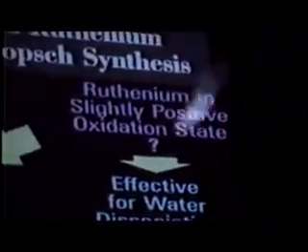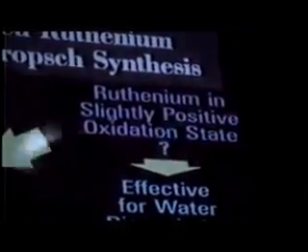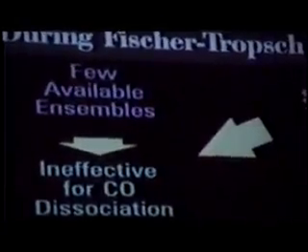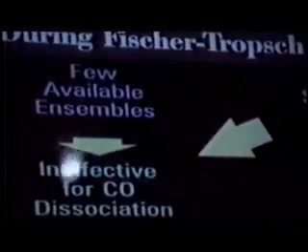Higher binding energy may be interpreted as electron deficiency or slightly positive oxidation state for ruthenium when it's highly dispersed on alumina. Now, regardless of whether ruthenium is in a slightly positive oxidation state when it's highly dispersed, we know that